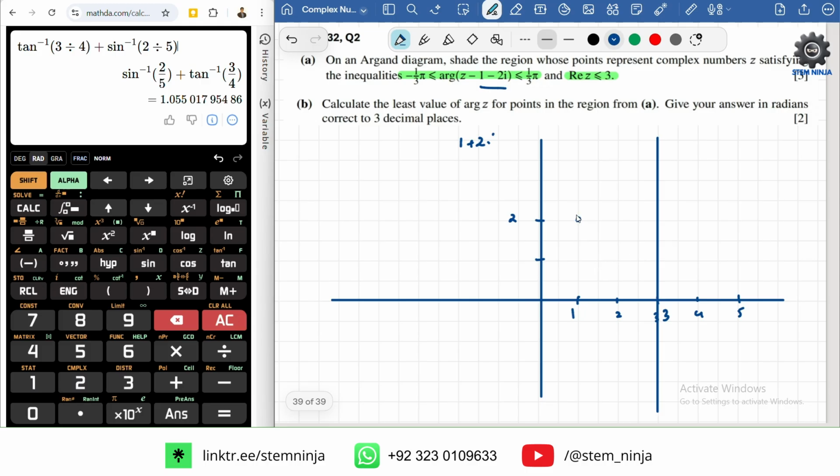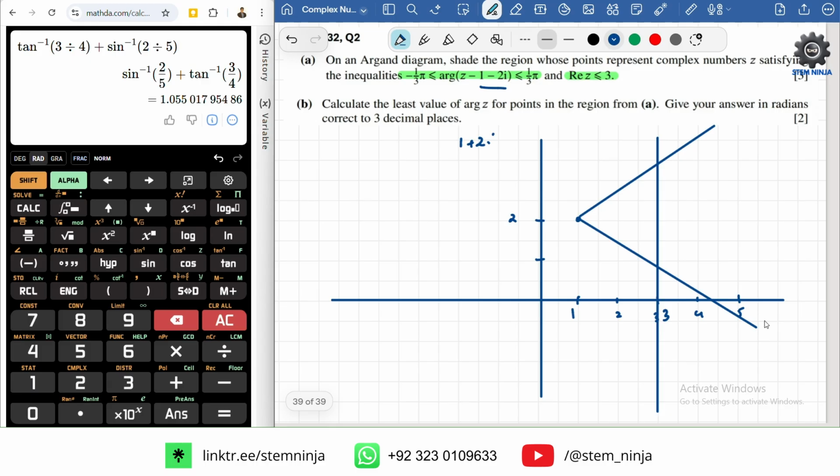The line from minus 60 degrees to positive 60 degrees. So this is going to go this way and this way. And it has to be a little bit identical, so we need to figure out